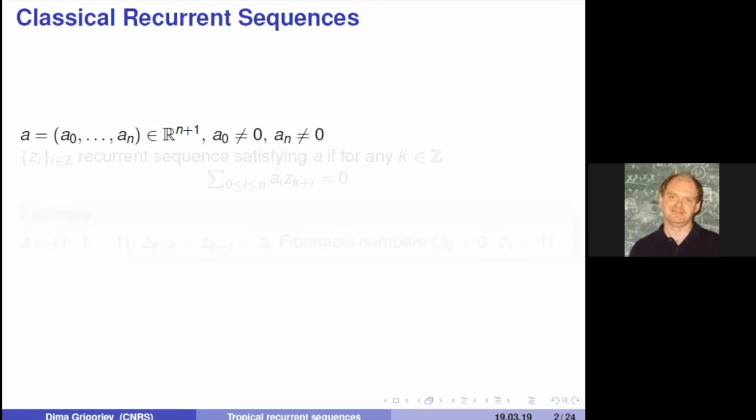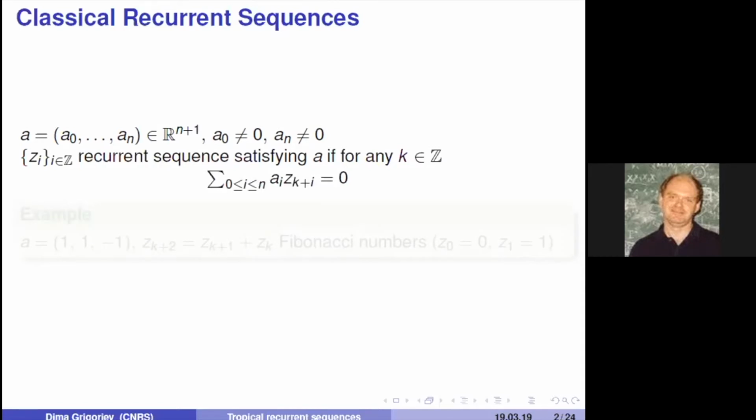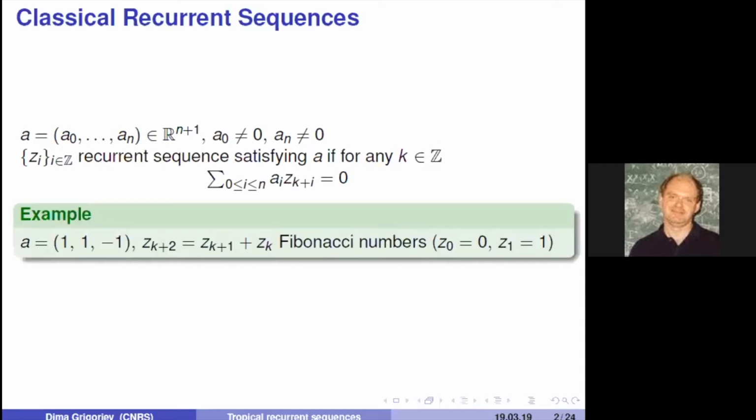We start with the vector. A real vector, and we assume, without loss of generality, that the first and the last coordinates do not vanish. And then what is a recurrent sequence satisfying A? If the following relation holds for any k. So, just an example, a typical example is the Fibonacci numbers, very well known, and the feature